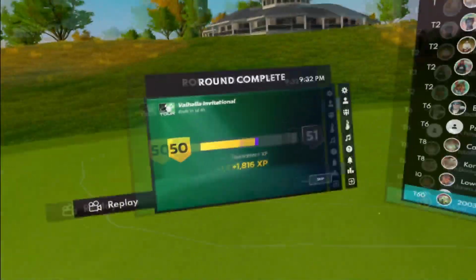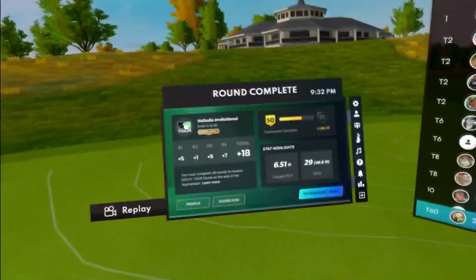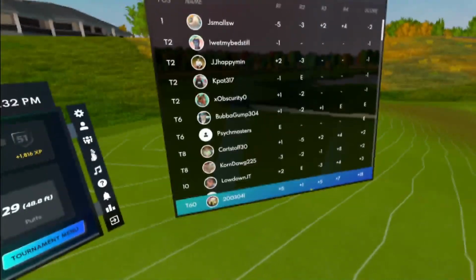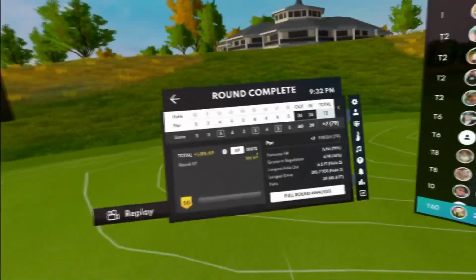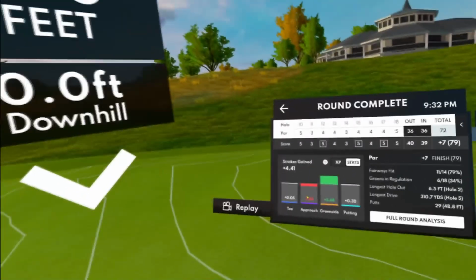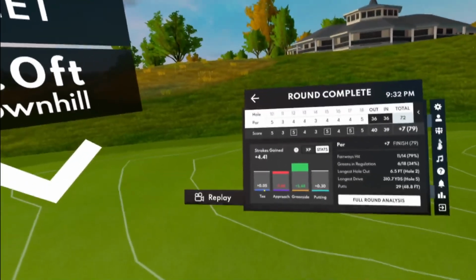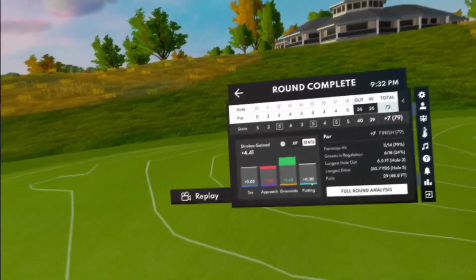But I really was starting to go downhill back 9 of that third round, and I just couldn't recover, which is really unfortunate. Taking a look at our stats, we actually have stats now. Approach game was actually the worst, minus 1.6, and tee just over 0, excuse me. Putting was